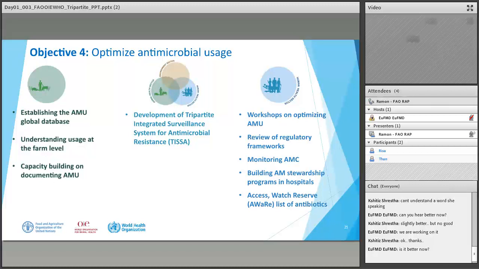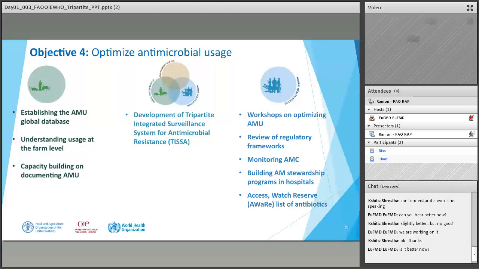Actually, the primary focus is not that. It is to be used in their own countries, because if you don't know the antimicrobial usage pattern in your own country, you will not be able to take decisions based on evidence. So this is the evidence for making decisions, or maybe policy improvements, policy changes, regulatory improvements. That is why we do all these things, just to help countries then share regionally and globally, as early warning at the global level.